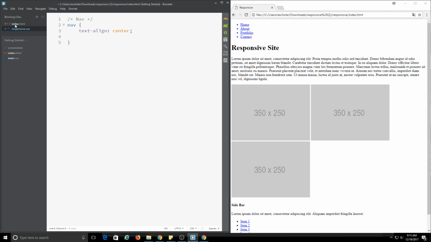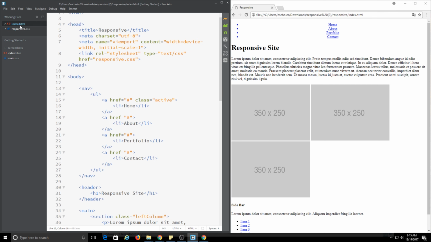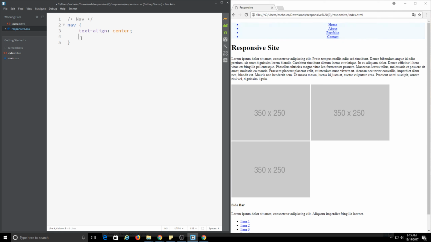right? And let's make sure that we save the index page. There we go. I've saved the index now. Now the changes should be live. I'm going to give a little right margin of 40 pixels. So it's pushed off that right side 40 pixels. Great. Next, we're going to do nav ul li,